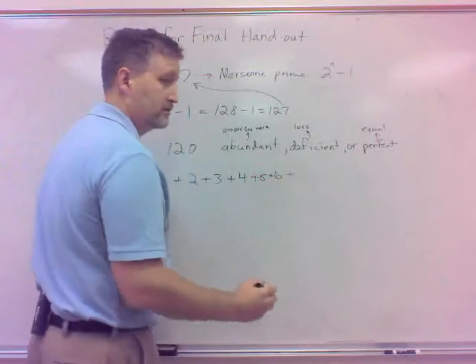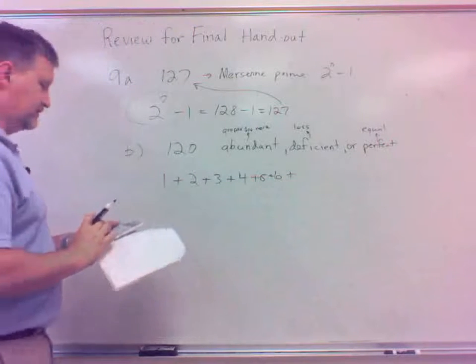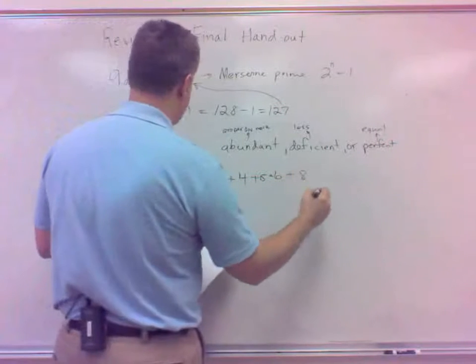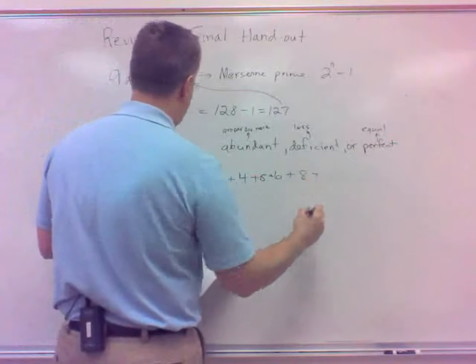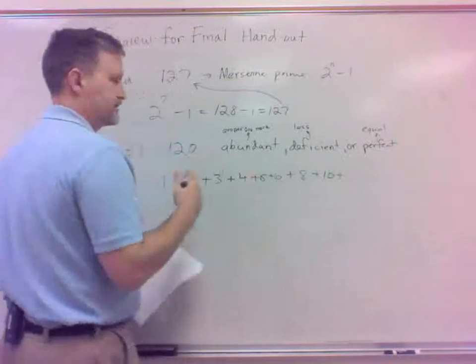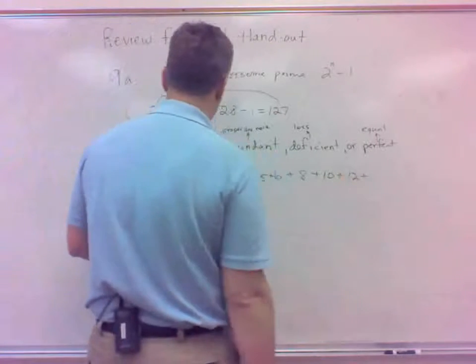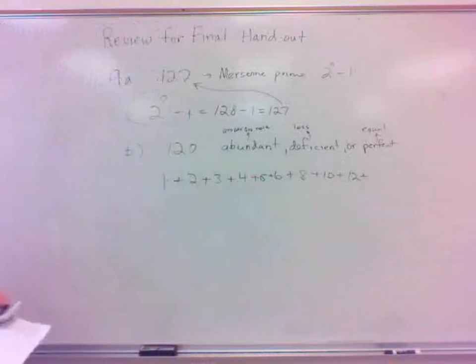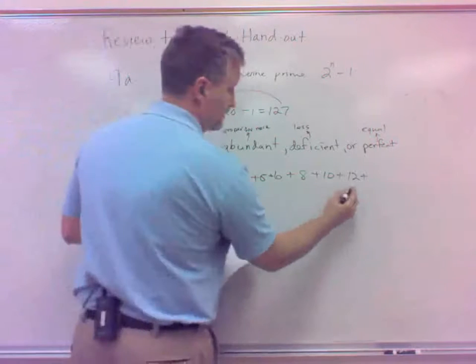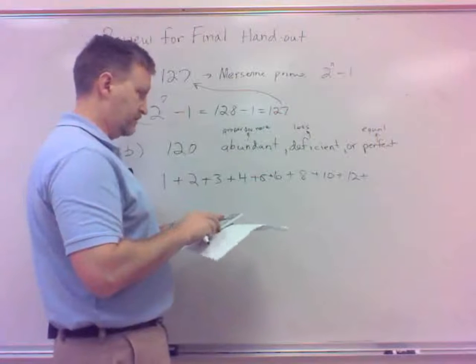7, no. 8, I believe so. 8 is. 9, no. 10, yes. Just checking all these kind of quickly. 11, no. 12. And I think we've reached the halfway point. So 10 goes with 12. 8 would go with, what was it, like